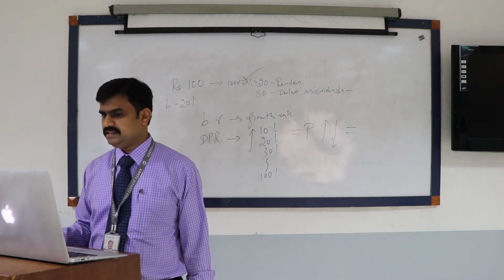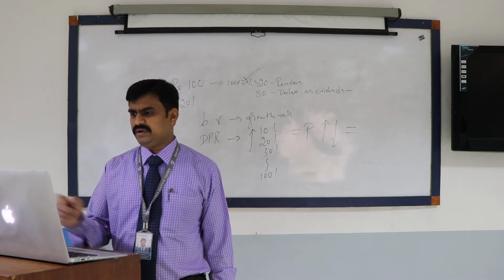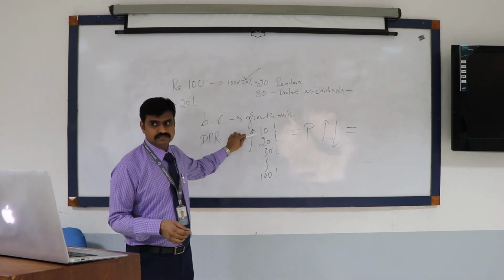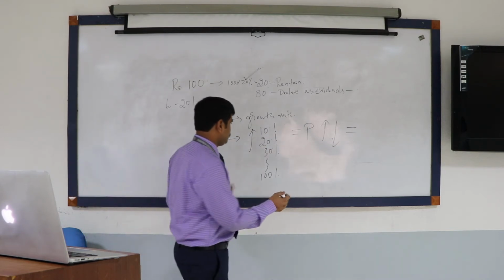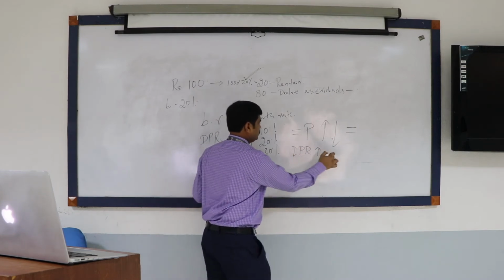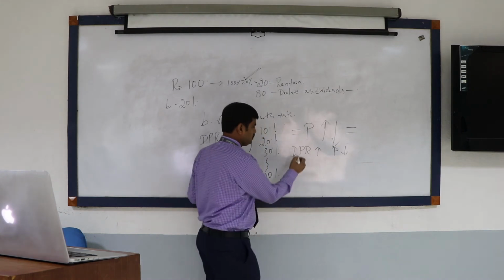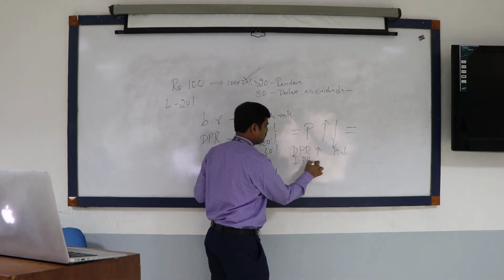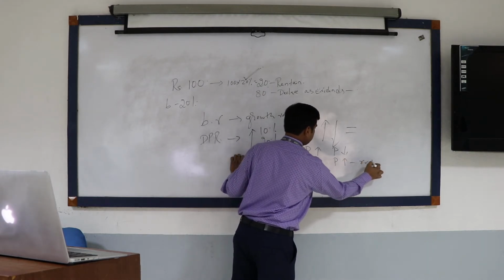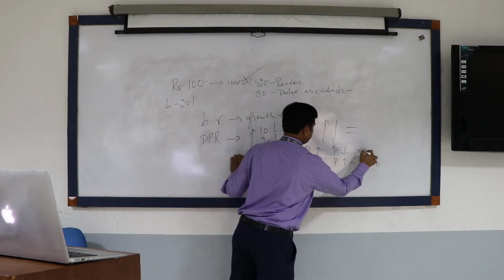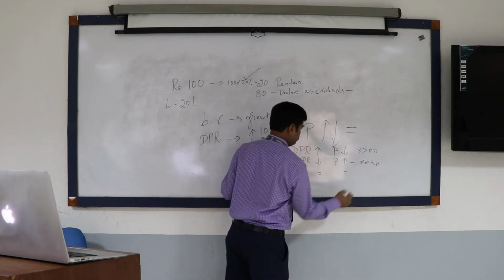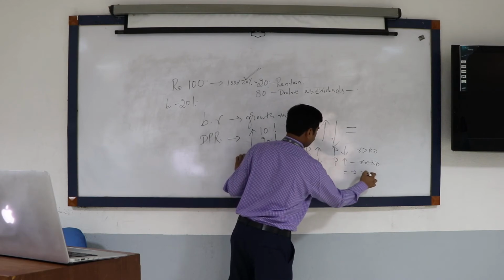So if my R is greater than K0, what will happen to my price if my dividend payout ratio is increasing? The price will decrease. If the DPR keeps on increasing, then the price will fall down. And if the DPR is decreasing, the price will increase when R is less than K0. This is R is greater than K0. And if the DPR is equal, P will also be constant. That is R is equal to K0.